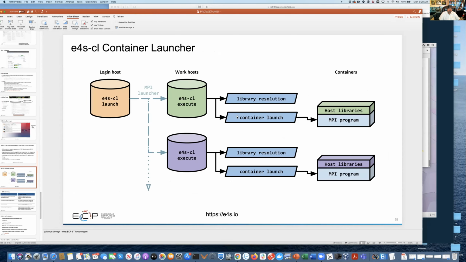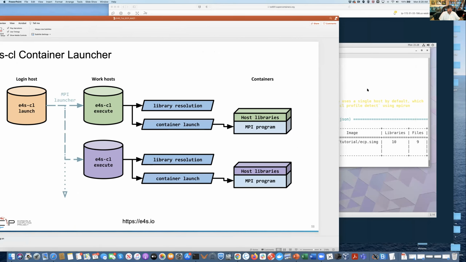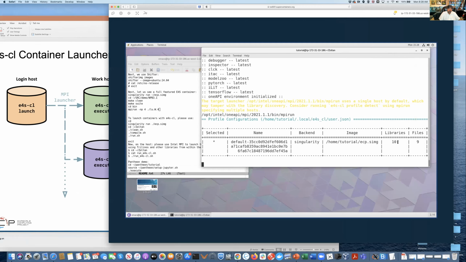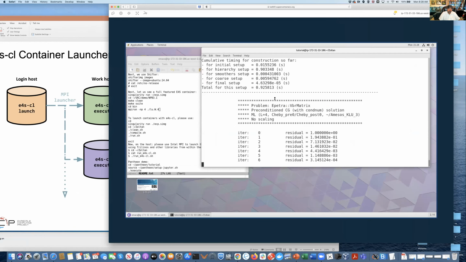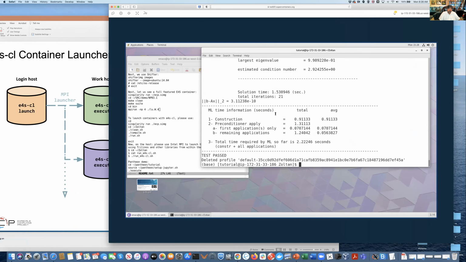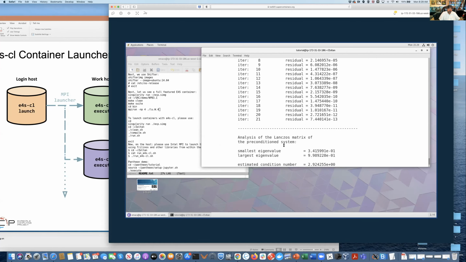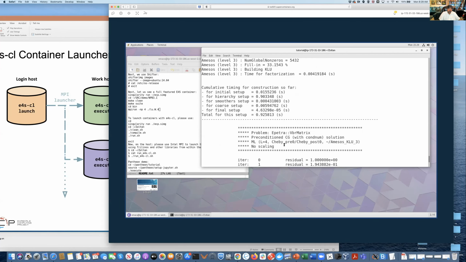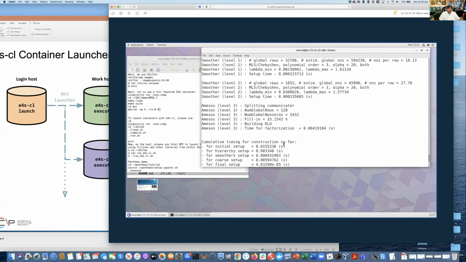It's doing this part. It figured out that there were 10 libraries that were relevant, that these files, it has put it in the profile, and there, it's running the application now. And it passed. So here, it ran the Zoltan application,